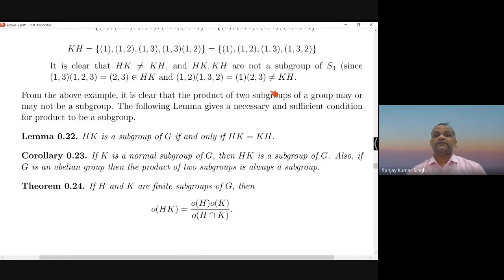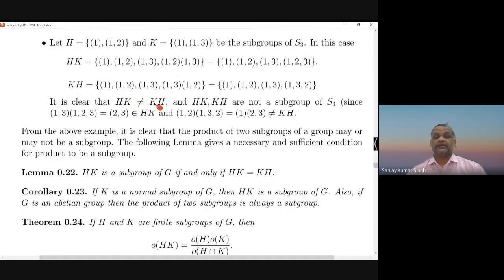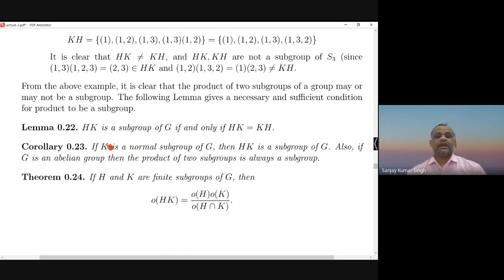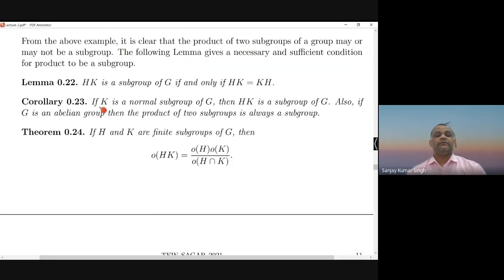So that was the observation. We have realized that here. And this observation was very crucial, and it was playing a very important role. Now the role is very clear to us: this observation is basically related to the subgroup property of the product. And as a corollary, if K is a normal subgroup of G, then we don't need to worry about this condition because it is automatically satisfied, and hence the product is always a subgroup.